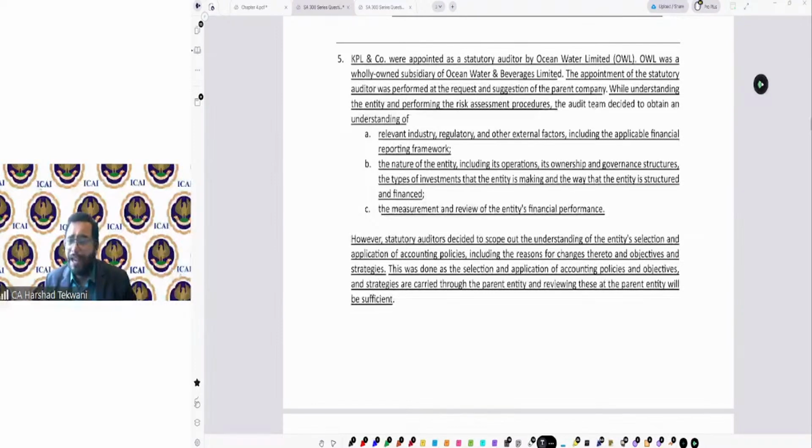These kind of questions can come in exam for 5 months, where this kind of information is given and you are required to answer the question. I can just add one line: kindly comment in the light of relevant standards on auditing issued by ICAI. In that case, you should be able to identify what is going wrong over here.